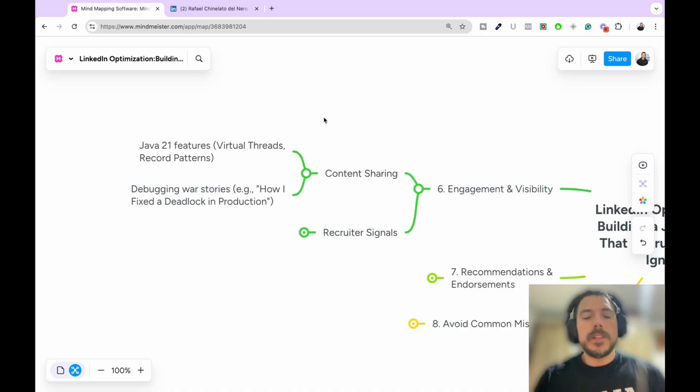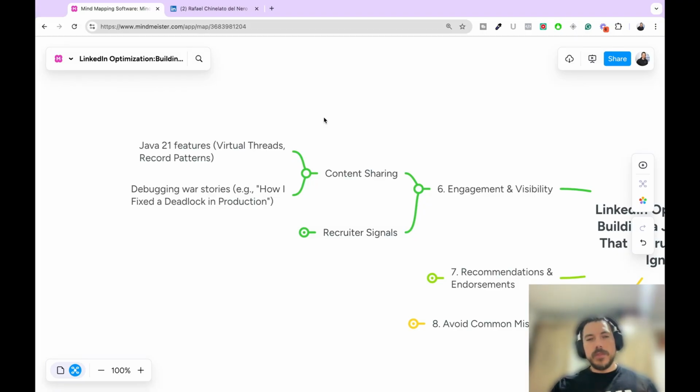Okay, so content sharing. One good way to gain visibility and learn technologies is by sharing what you know, right? And how can you do that? For example, if you're too shy, if giving a talk is difficult for you, or if creating a video is also very difficult, start by writing an article. And if you say, hey, Rafael, I don't have time, it's okay. Write an article a month, publish it on LinkedIn.